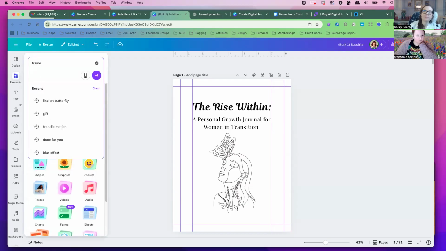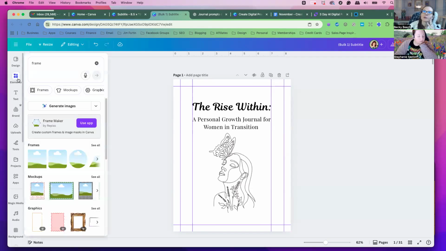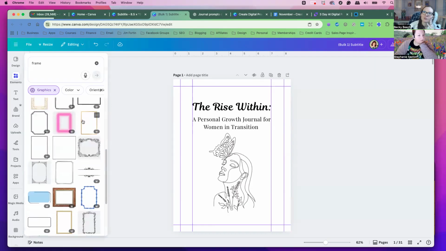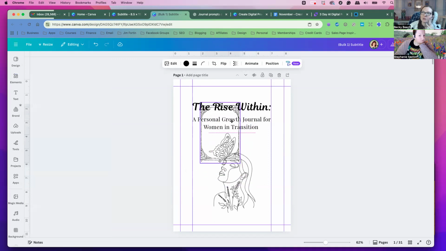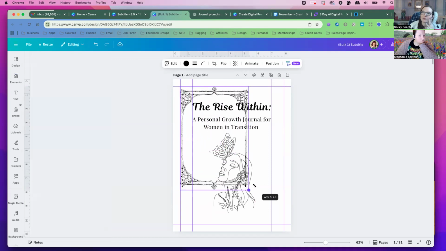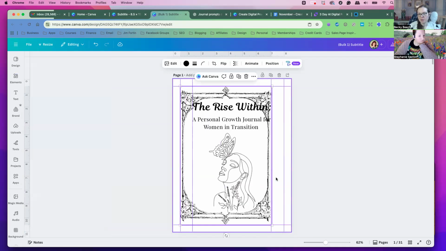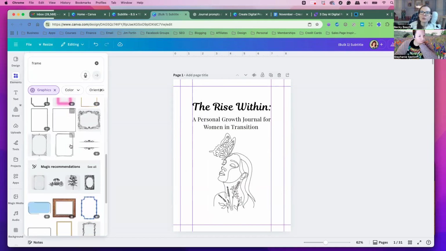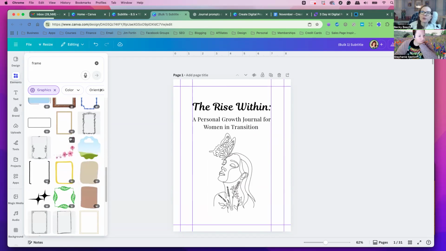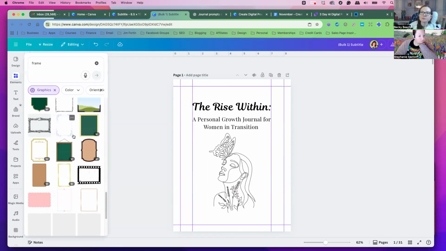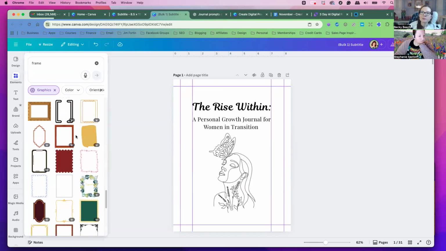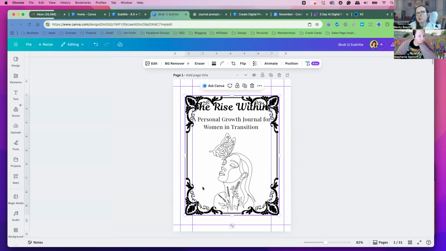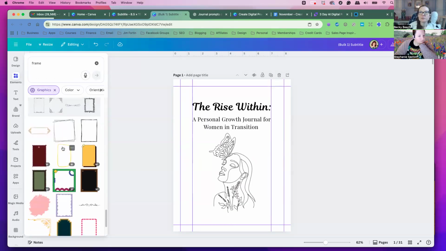So I'm going to go to frame and then scroll down and go to graphics. Yeah, there's some really nice ones. What's this? Yeah, that could be cute. Let's see. No, it doesn't let me stretch it across though. I don't know if I like that. I want something more modern. Yeah, that looks kind of old-timey. Yeah, some of these could be good. That one was a little too dark. It doesn't blend well with the skinny lines.